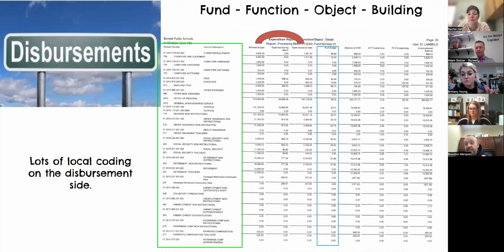Like we have some codes in our building for disbursements that are 6 numbers past that. But when we upload our budgets into the AFR, all those numbers go away. They don't go into the upload because that's the local level that we need to really track expenses, how we want to spend them. And that's what gives each district the flexibility to do that. And so every district kind of does it different. And that's the